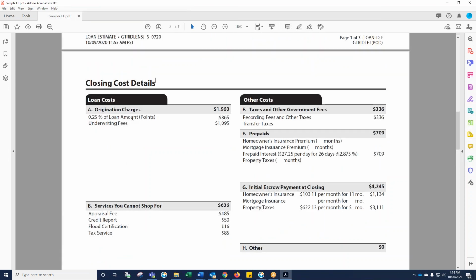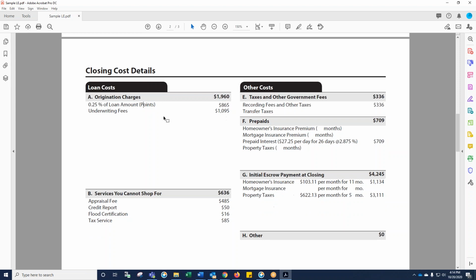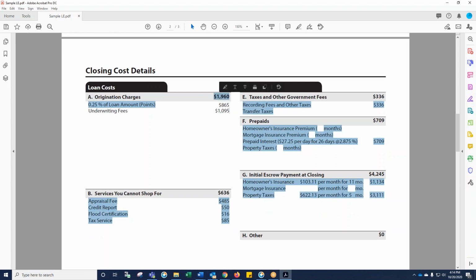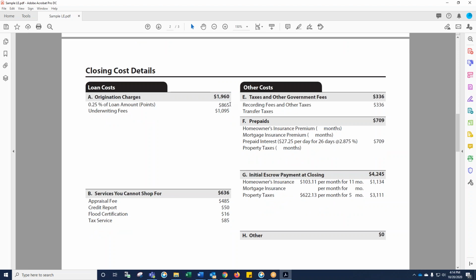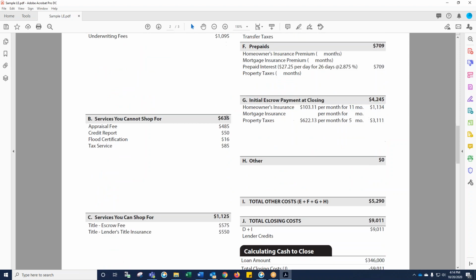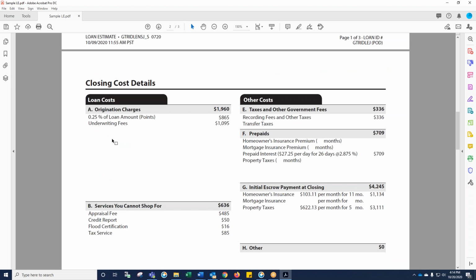In section A, the first section, you'll see any points that you may have to pay to buy down the rate. Some loans come with points, some rates. Actually, all rates are attached to a dollar amount. So some rates can come with points, and some rates come with lender credit. That's where you would see it right here in section J, the lender credit, if there are any, instead of the points. In this example, you can see how much you're buying down the rate to get to that